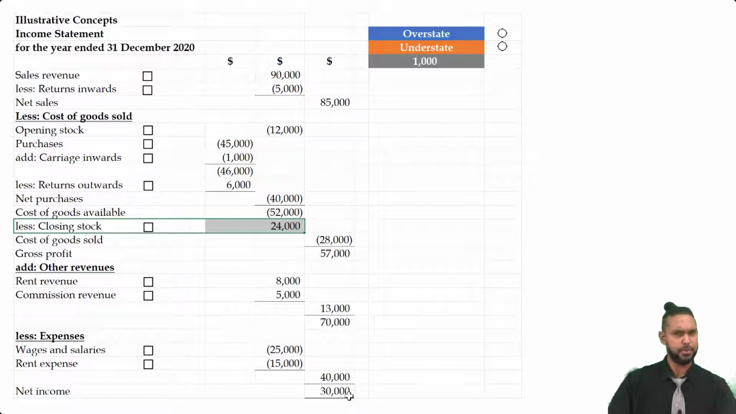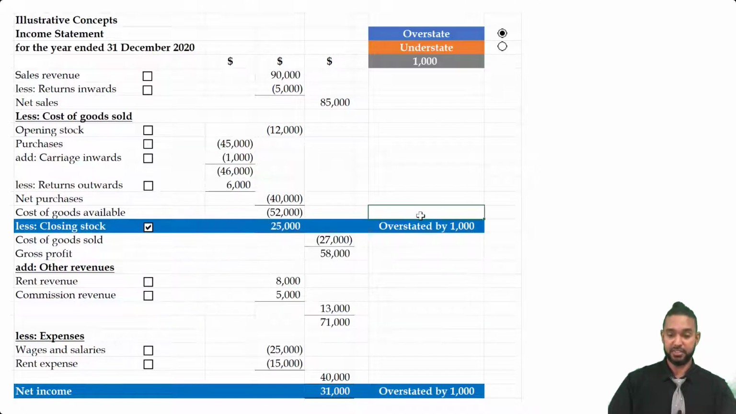So this should go up as well. Let's see. So overstate closing stock: 25,000 overstated by 1,000 and 31,000 also overstated by 1,000. So we were correct. Now, what about if we